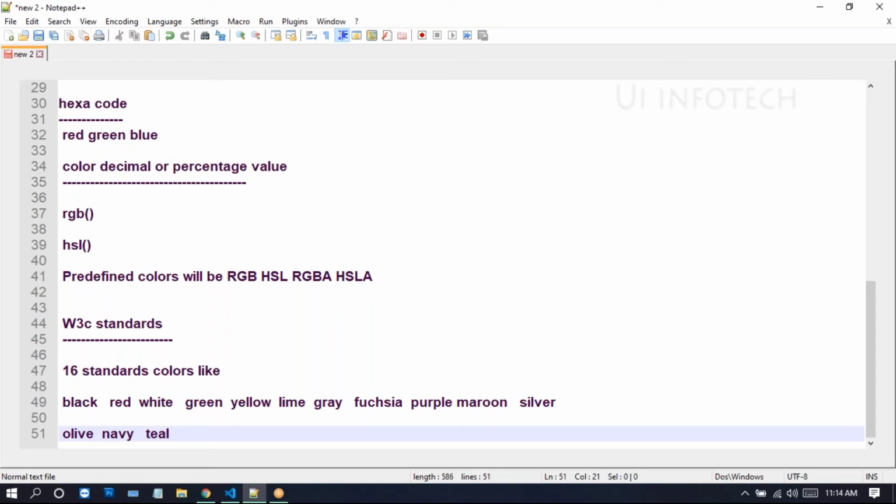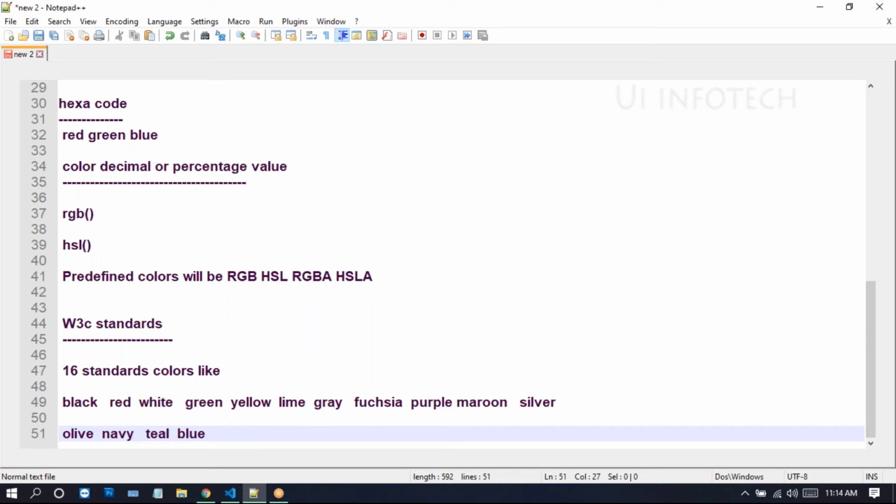So like this, they provide 16 standard colors: black, red, white, green, yellow, lime, gray, fuchsia, purple, maroon, silver, olive, navy, teal. We missed blue here, blue color. Like this, the 16 standard colors are provided by the W3C standards.